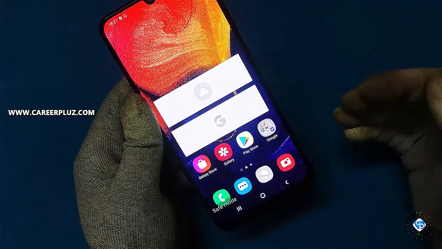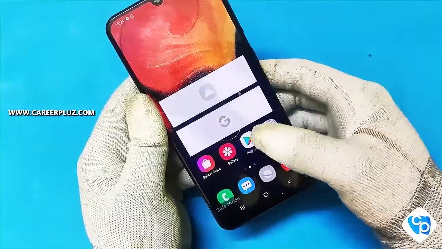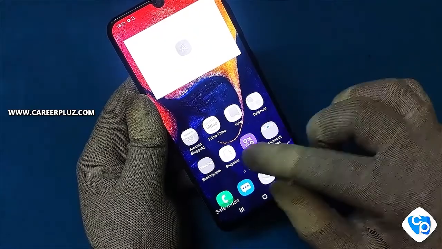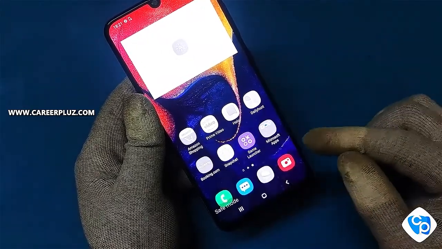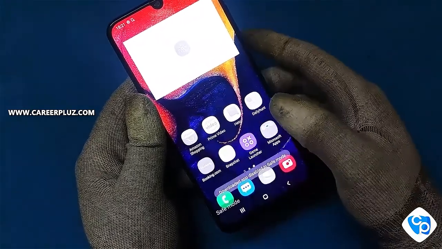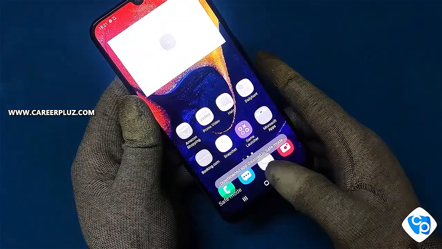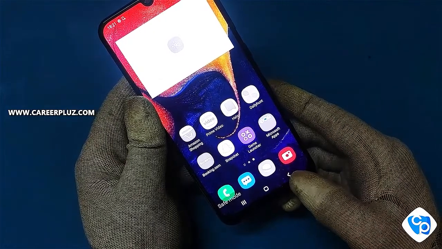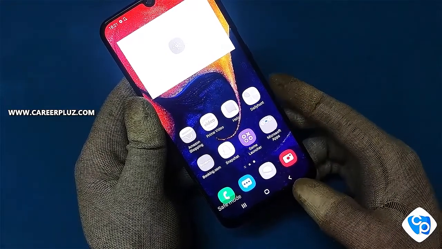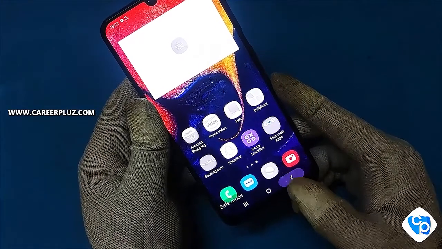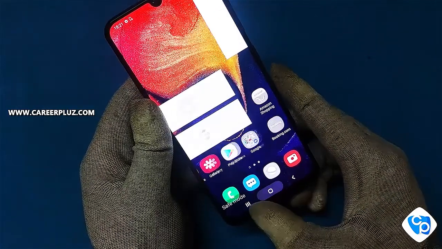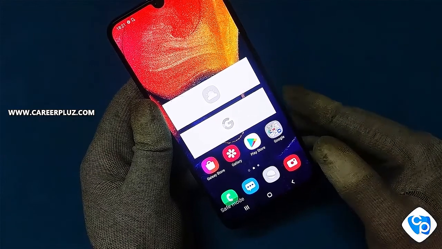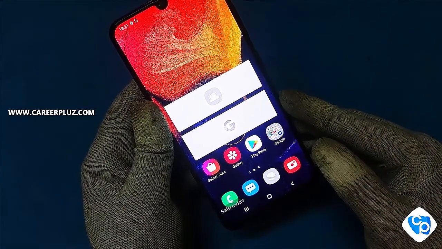This safe mode option will be there in all Android phones. When safe mode is enabled, except inbuilt apps, no apps will function. For example, you can see this mobile phone. Lots of apps are installed in this phone. While touching the downloaded apps, you can see the pop-up. It shows downloaded apps will be disabled on safe mode. So to use these apps, I have to come out of the safe mode first.